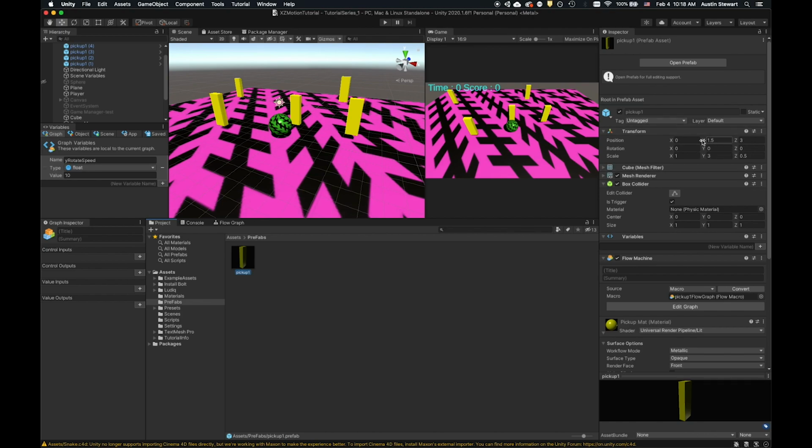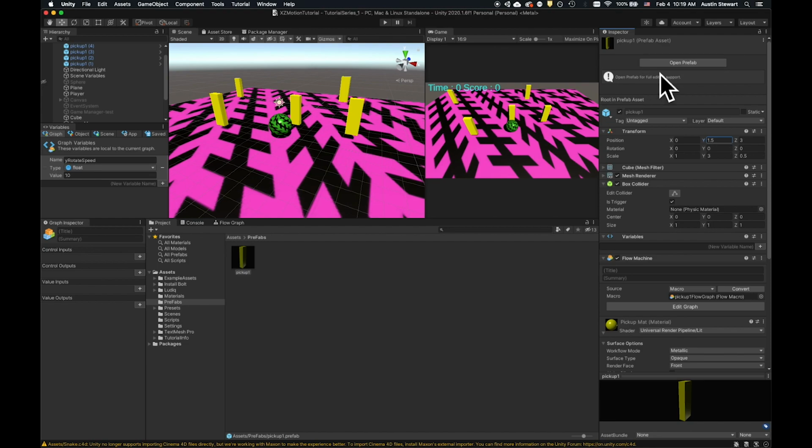In terms of position here, if I make a change over here, it may update it in this, but it's not updating it in the world, right? That's one of the things that doesn't update because each one of these has a unique position in the world. But if I wanted to turn the box collider off for some reason, I could do that. Now, there are a bunch of settings that